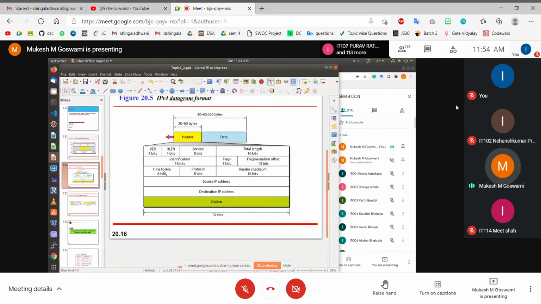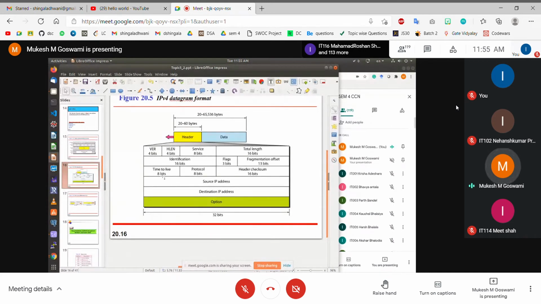The next field is the time to live field, which is an 8-bit field. The time to live field indicates the period of time or the number of hops for which the packet will remain alive on the network, right? Every time a packet is forwarded from one hop to another, this time to live field is decremented by 1. And the packet will be discarded by the device when the time to live field reaches 0, okay?